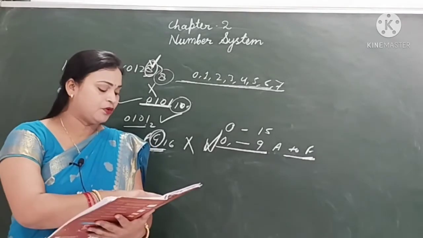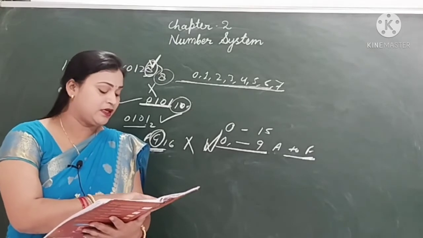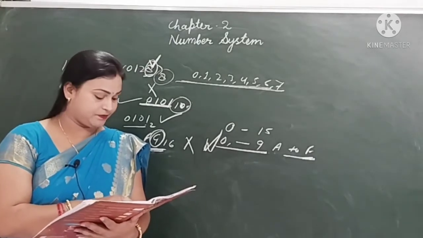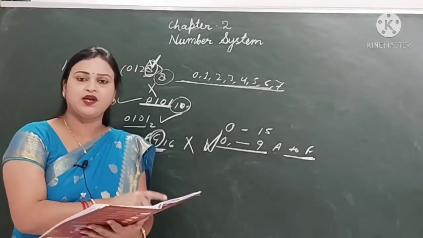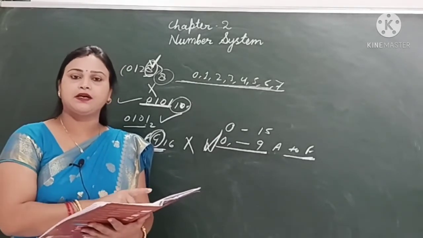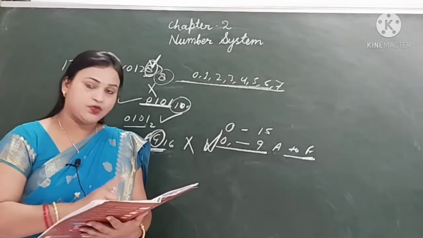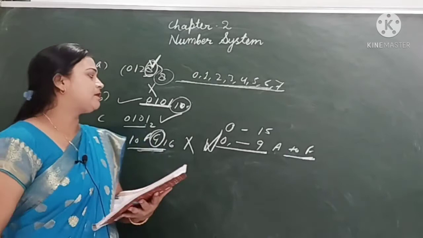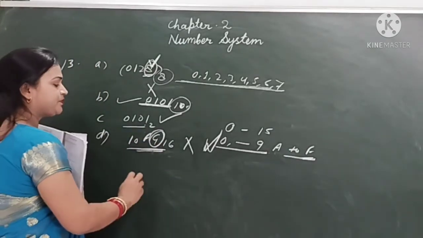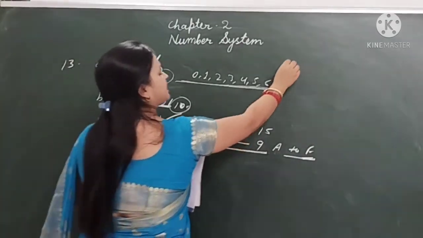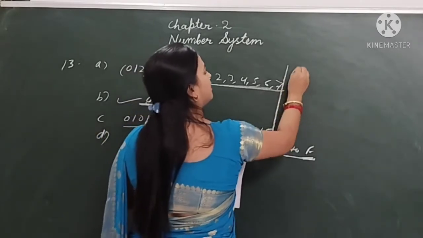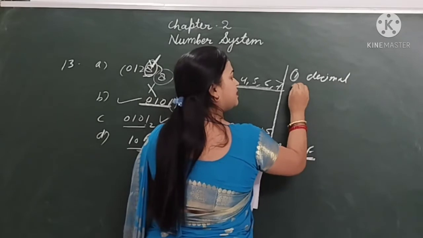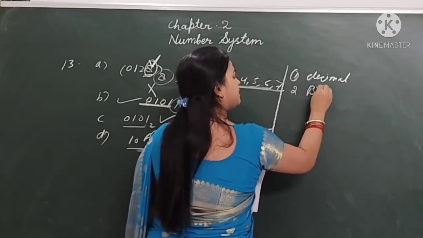Okay. Now question number 3, what is base? Name bases of common number systems. So what is base? Just now we learned on page number 13, the answer is given, so you can write from there. And name bases of common number systems. Some common number systems are: first, decimal number system, second, binary number system.